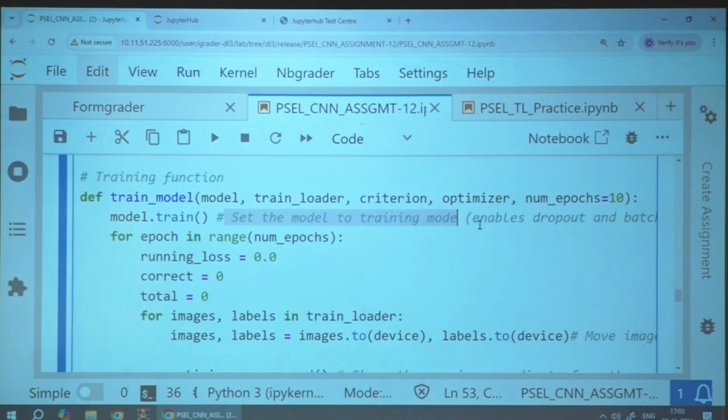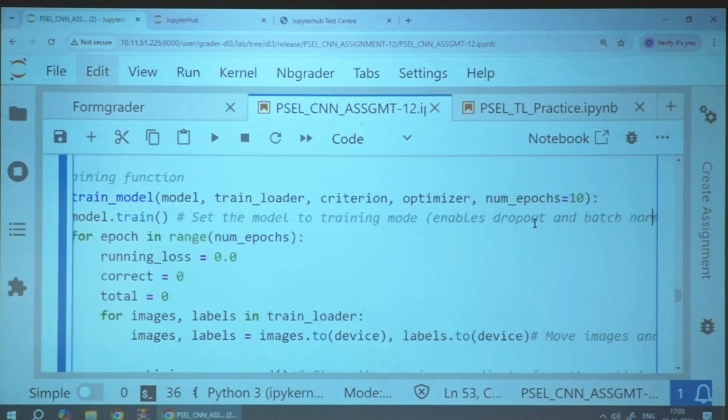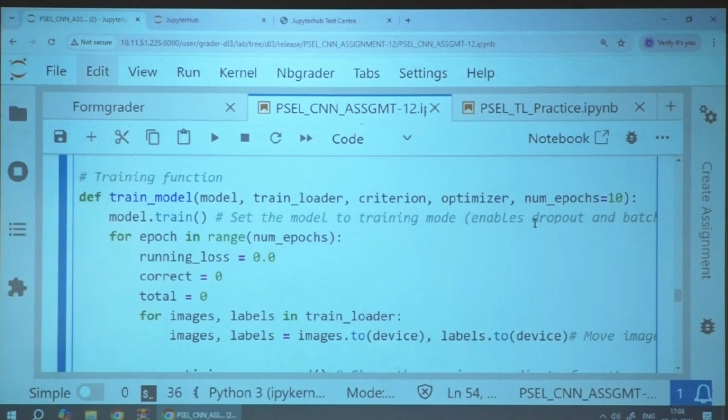This is the main point, which enables dropout and batch normalization, if any, in your network. During the evaluation mode, once you set the model to evaluation, these become disabled. That is the differentiation.